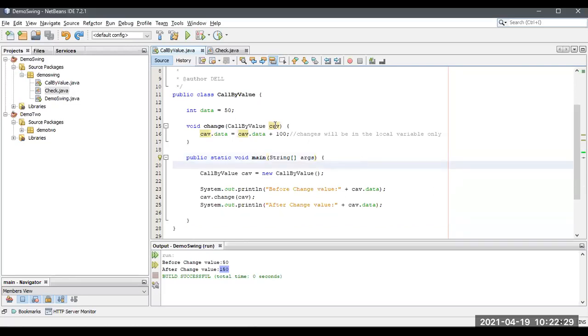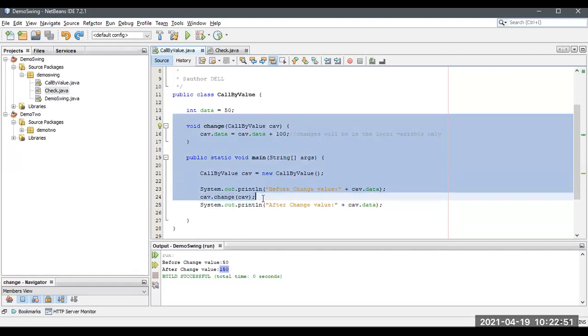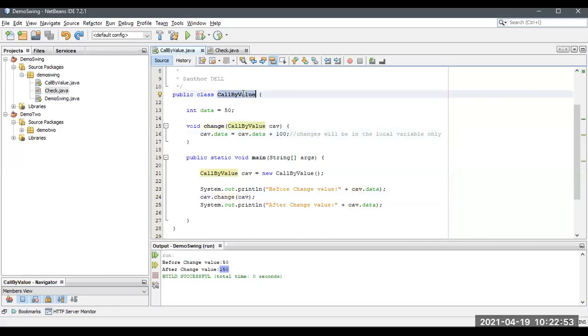So now see this. This is a call by value, right? If you want to change the value by using this reference, an object is created with the name of CAV, and I'm sending this reference towards this method, which we call a call by reference. This is a call by reference. What we previously did, while sending a parameter towards a method, the value doesn't change. It is a call by value, and now I'm sending this as a reference.